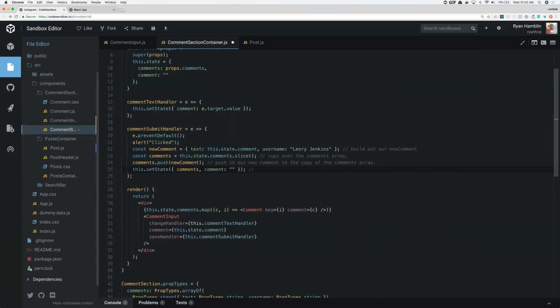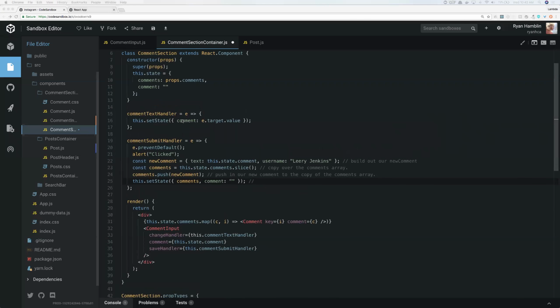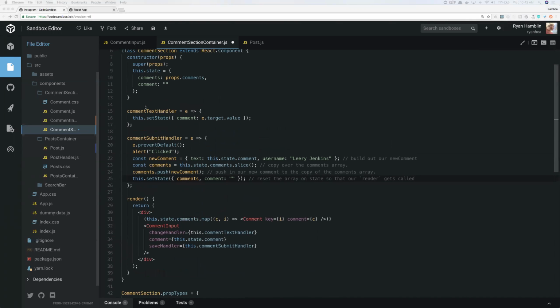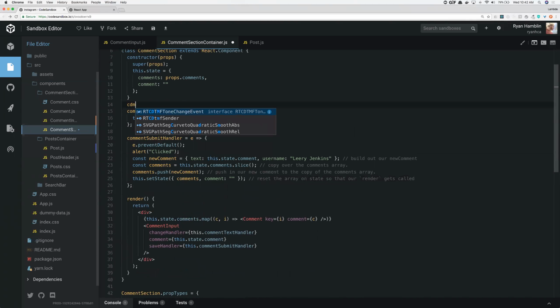So I'm going to do a couple of quick tricks to let that happen, and then I'll be able to pause for any questions or anything. Okay. So yeah, and then this was reset the array on state so that our render gets called, all a part of the component lifecycle. Okay, so I'm going to use a portion of the component lifecycle to do this. I'm going to use componentDidMount,